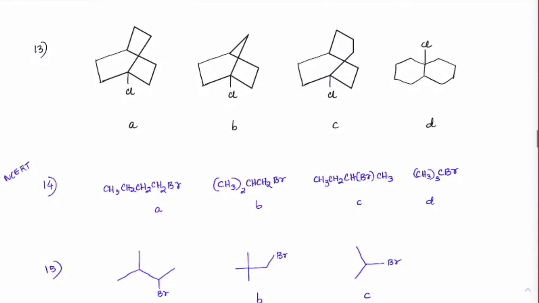Next, this 13th case. All of them are bridgeheads, A, B, C are bridgeheads. On bridgeheads, we know that if a carbocation is forming or a double bond is forming, it is a violation of Bredt's rule. So here carbocation formation is very difficult, but considering it's a very slow reaction, if we give it time, which one has a better rate? That is what we need to tell.